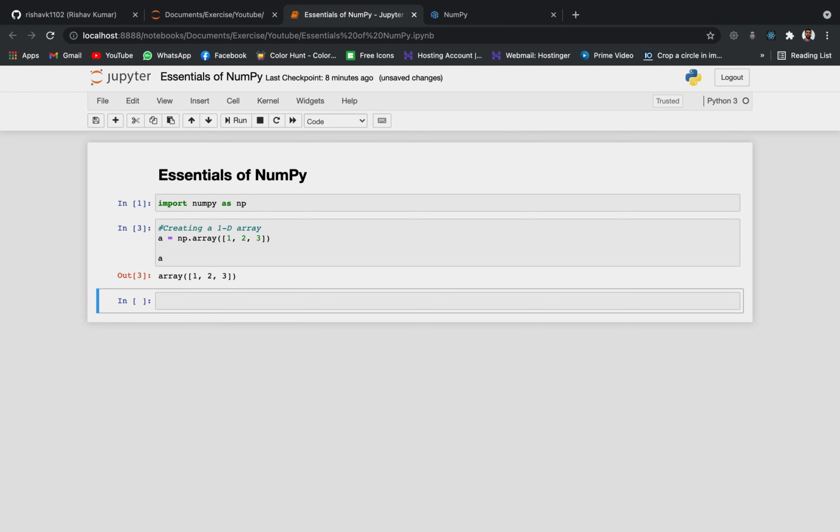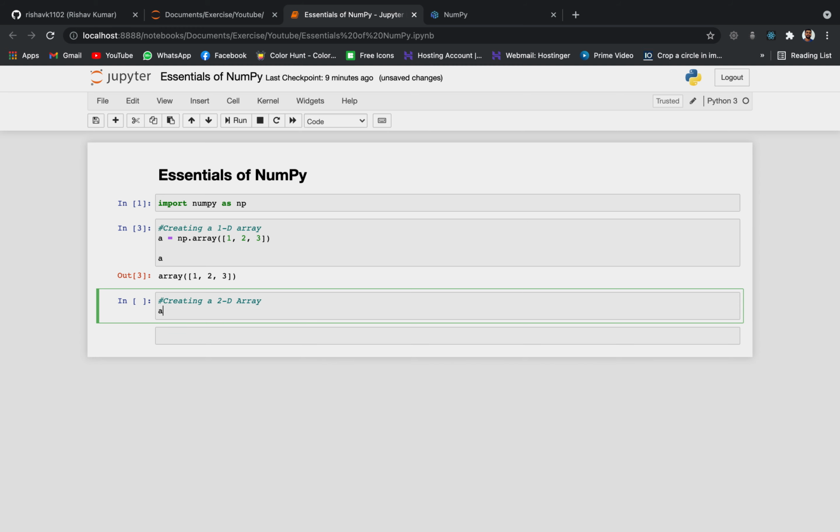Now let's try creating a 2D array or a matrix. Creating a 2D array. So for that we write a is equal to np.array, then inside parentheses we give a list, means we open a list, and then inside this we open another list.